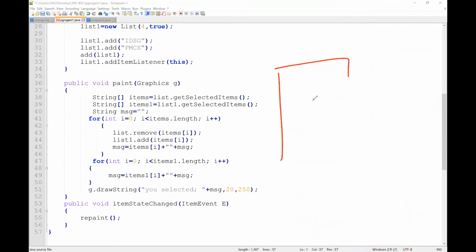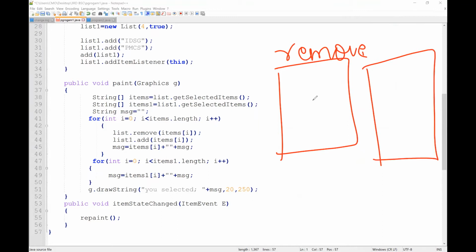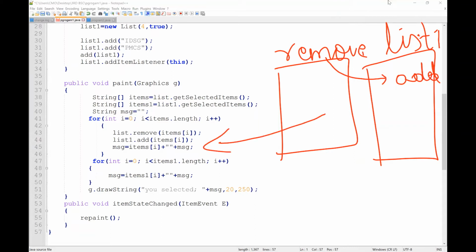We are removing from list and we are adding it to list 1. We are removing here and we are adding here. That's why we are writing list dot remove item, list 1 dot add item. You got why?